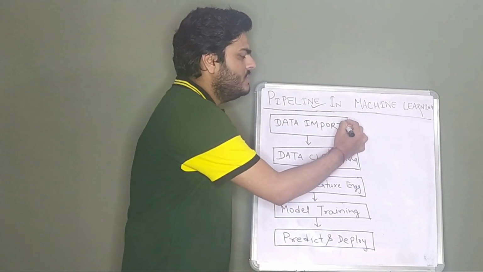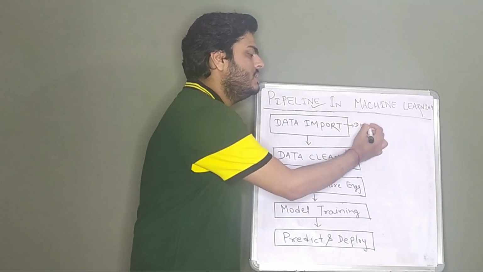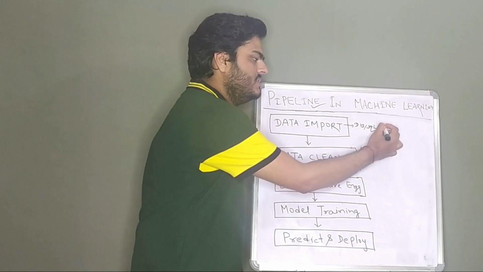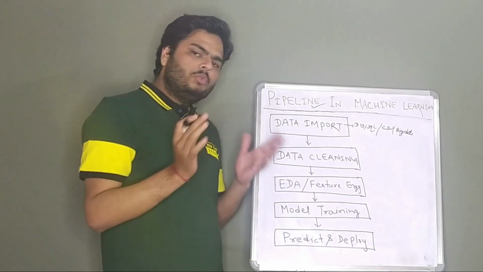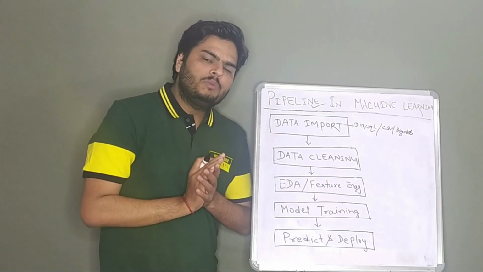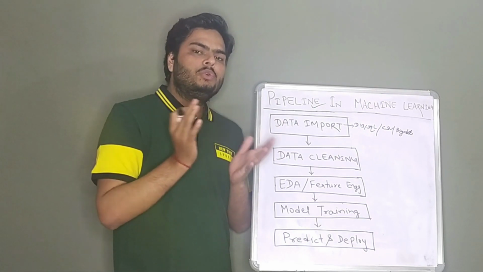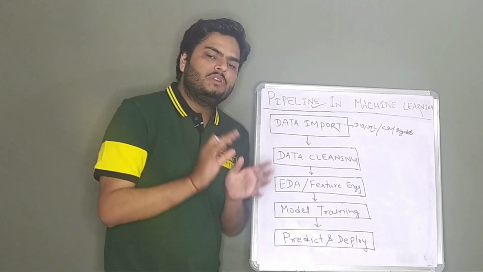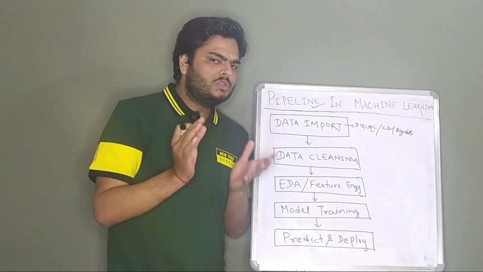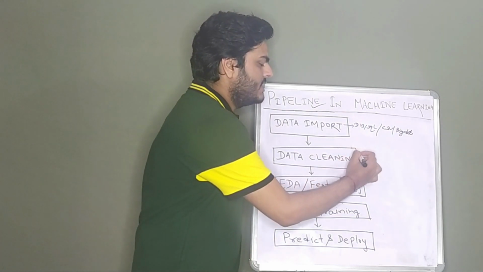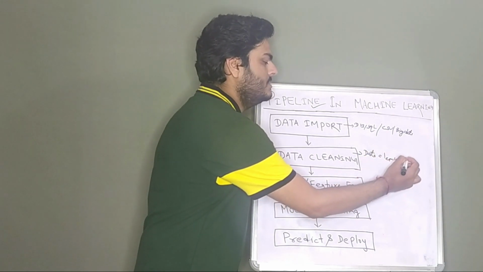Now, I'll give you some examples of what happens in these steps, right? In data import, you import your data from some other sources. It can be a DB, a SQL database, a CSV file, a big data system, something like this, right? What do you do in data cleaning? Maybe you remove some of the columns which have null values beyond a certain percentage. You do not use some of the columns which do not have certain permissible values or have some junk values. Those kinds of things you do. So, basic data cleaning steps.